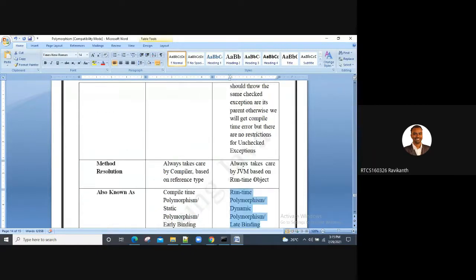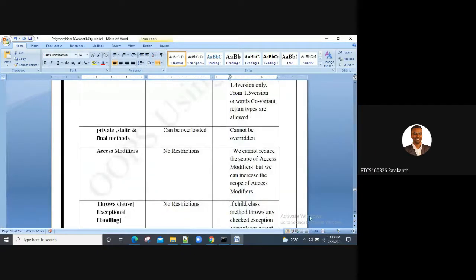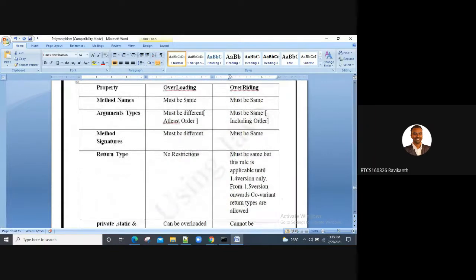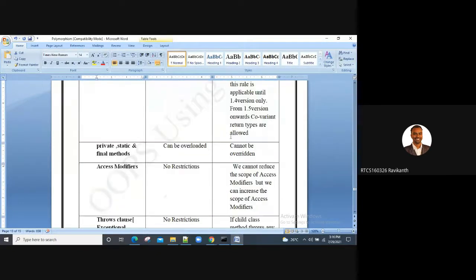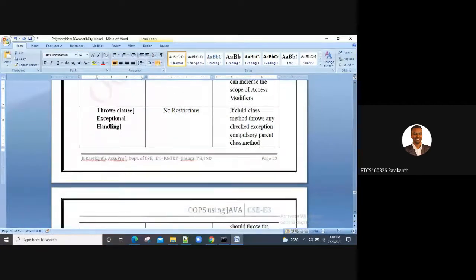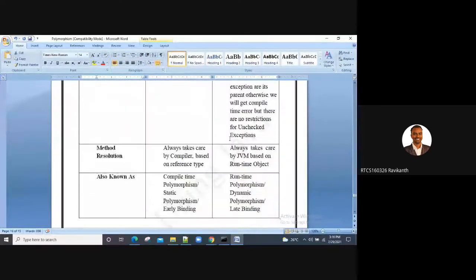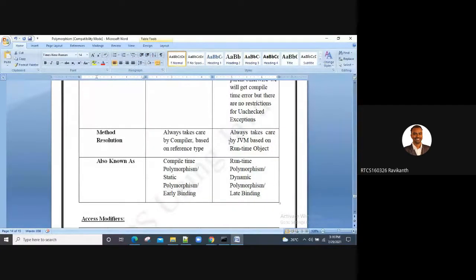So in the interview, these are the kind of questions you will be facing, guys. Difference between overloading and overriding. Most of the students talk about the first 3 points and say we are done. Now you have under half a dozen differences which you can explain to the interviewer, and he will be more happy. Don't tell only this difference and say, sir, I'm done. So I have to elaborate.